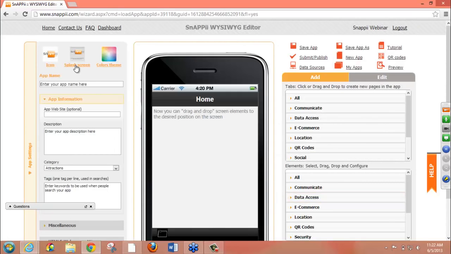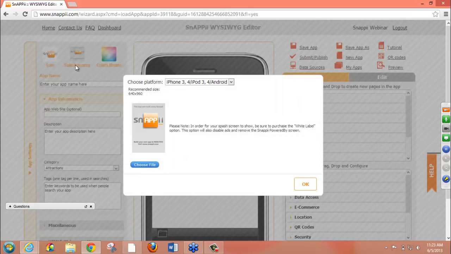Your splash screen, again, once you have actually gotten to the point where you're ready to launch your app live, so you're going to submit it to the app stores, and so you have purchased your actual subscription from Snappy, you will want to choose your splash screen. Again, right now it is the default Snappy splash screen. You can choose which devices you are actually launching for. So for the iPhone, iPod, Android, just for the iPhone 5, just for the iPad, then you would determine